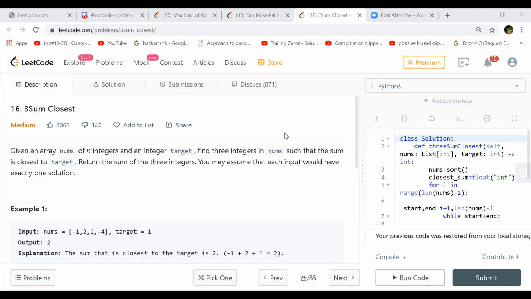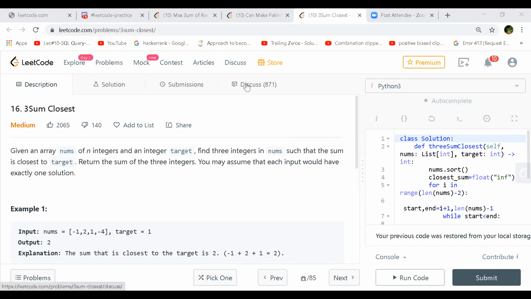So we keep a variable for the difference, the absolute value of the difference between the current sum and the target, and if it is the least, we store that difference as well as the result sum. Correct, in the three loops. Yeah, I think that makes sense. If anyone has more to add, that should be it.